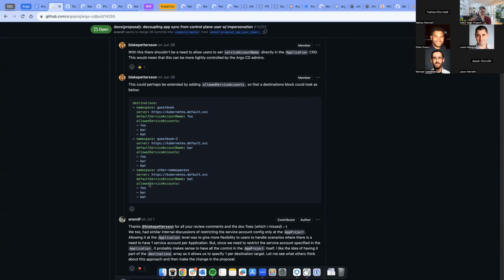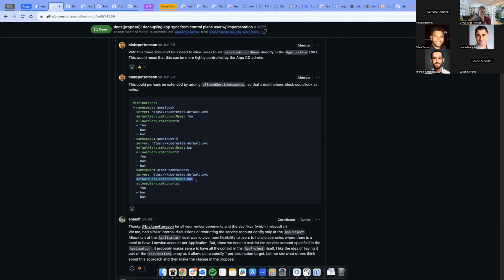Maybe as a V1, we consider not adding the service account field to the application itself. We just have this default service account name field, configure it on the project, and then consider the other a wave 2 type feature if it's highly requested. Just for the sake of simplicity. Okay. So in that case, allowed service accounts is not required in V1, right? Right. I think using the word default service account name still leaves us room to add that later without much confusion.